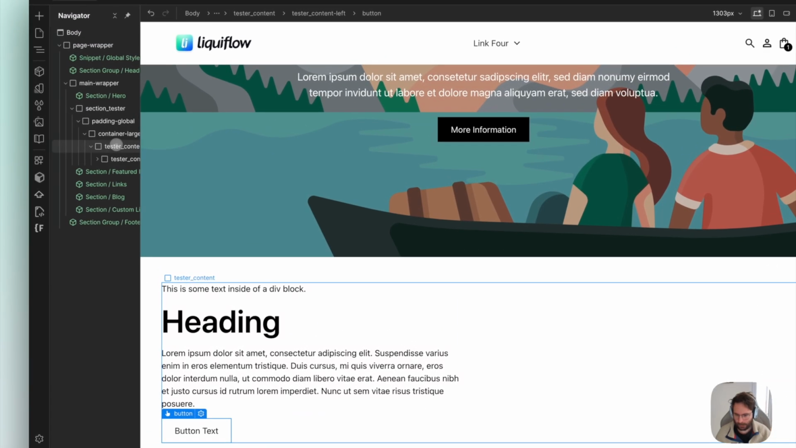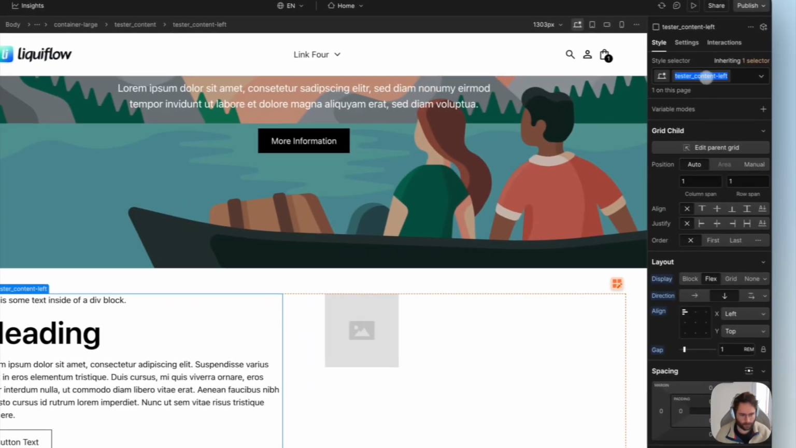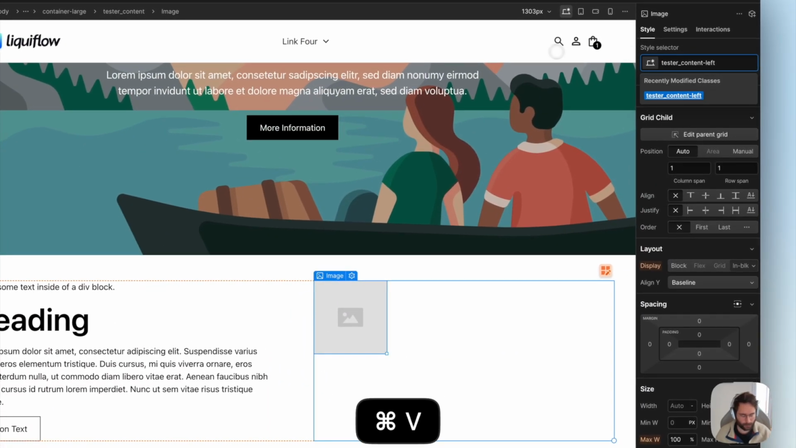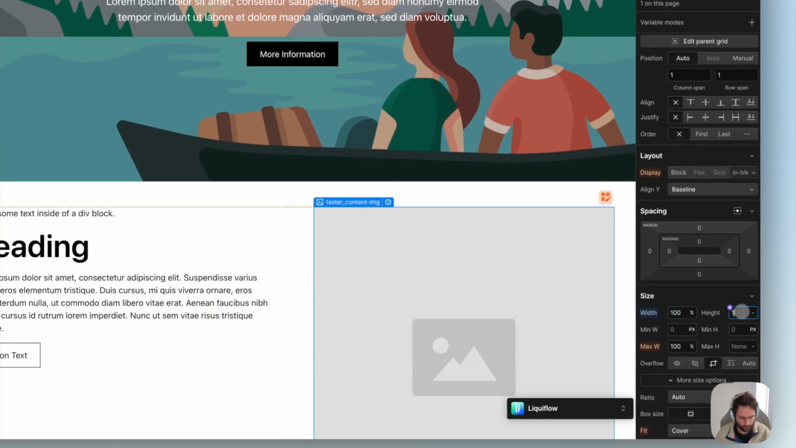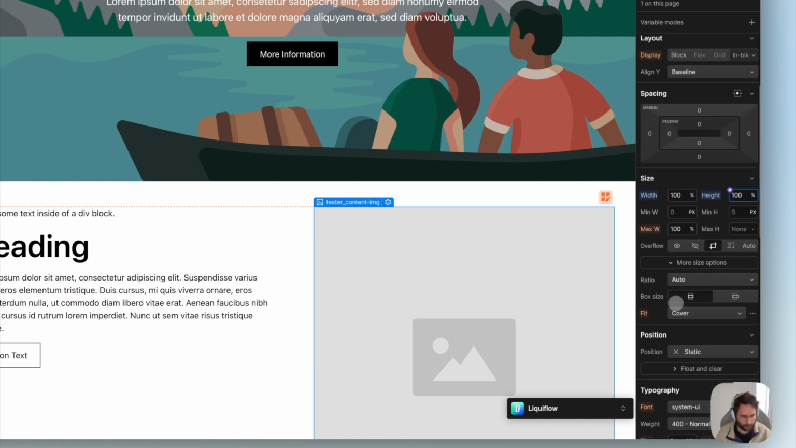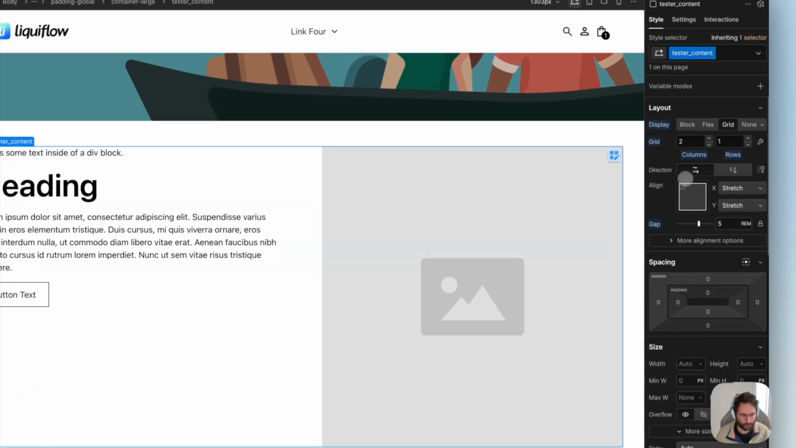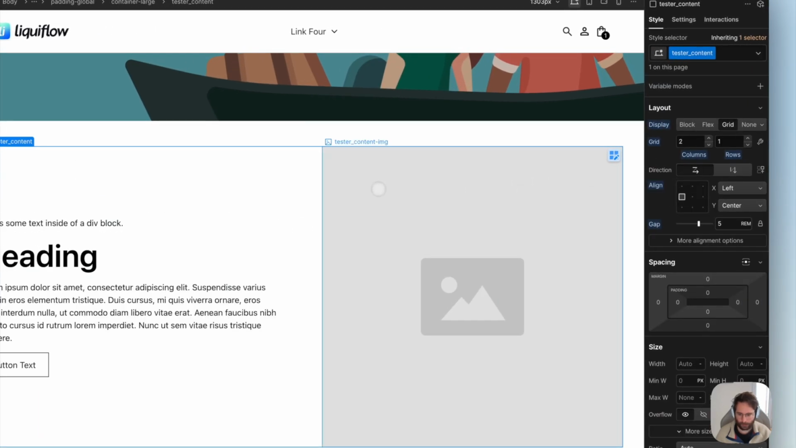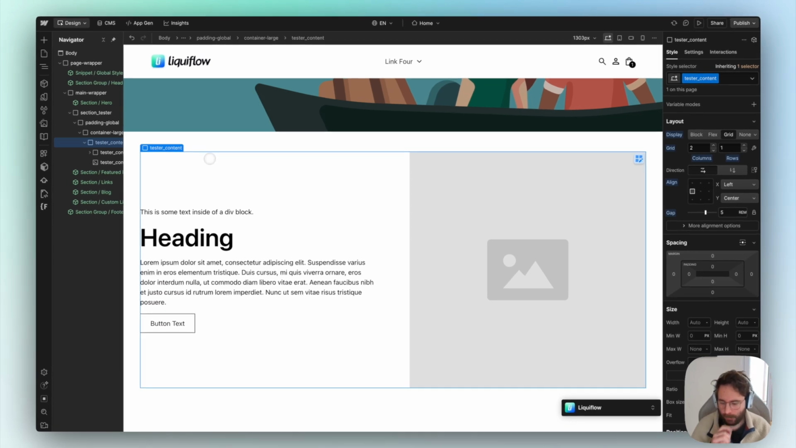Now on the right side I want to add the image. I'm going to make this square, so I will need to give it a class. I will call this tester content image, 100% width, 100% height, and I'm going to ratio it to square. Also I want to align the text to the center, so I'm going to align it like that. And that's it. We have the first section built,